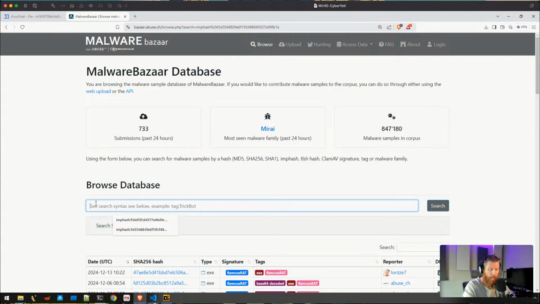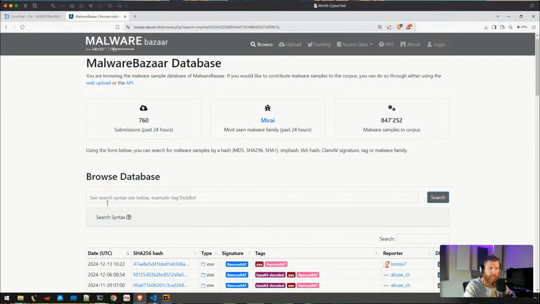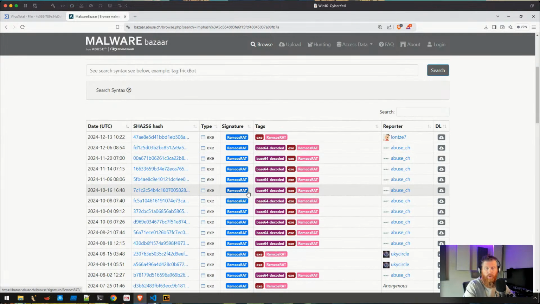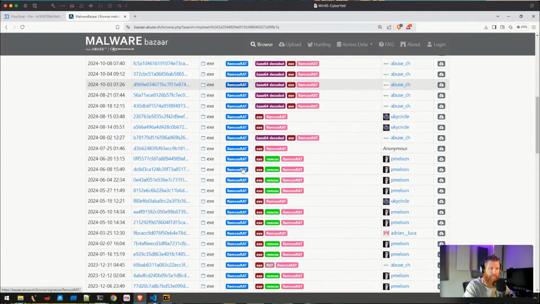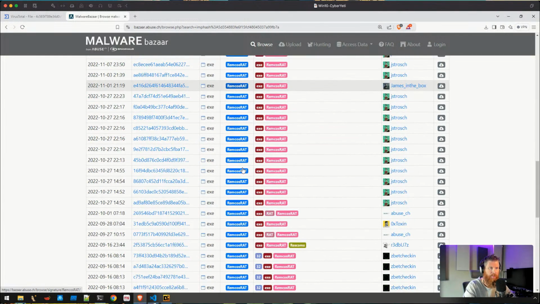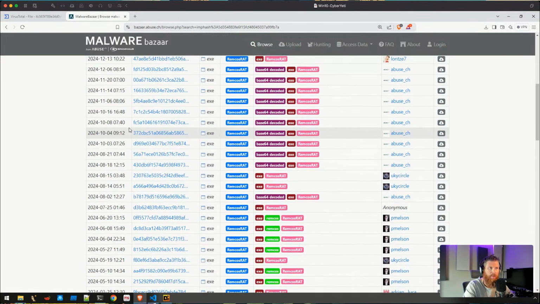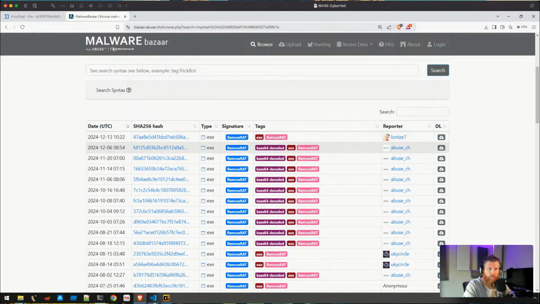They're doing awesome work. But we can just type in the keyword imphash and then our hash. And now this will bring up all of the related samples, any sample that matches the import hash. And you'll see that that is Remcos, and we have a lot of Remcos samples that have matched over the years. A lot of 2022, some 2024 though, and even some really recent stuff. So again, just an example that you might be able to use that hash to detect related samples, or maybe you found something, you don't know anything about it.